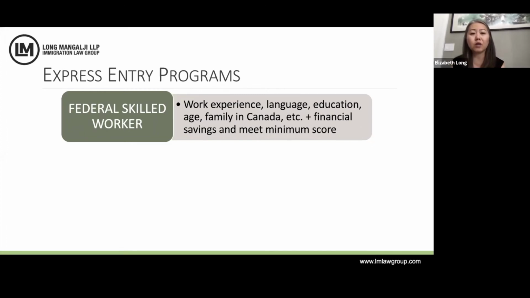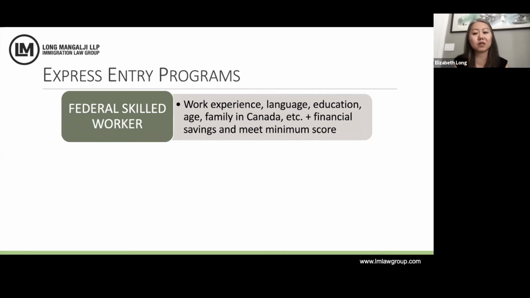So first of all, you need to have 1 year of high-skilled, full-time work experience that is continuous and in one occupation. 1 year of high-skilled, not O, A, or B, full-time, at least 30 hours a week, continuous, no breaks, in one singular occupation for at least 1 year, okay?